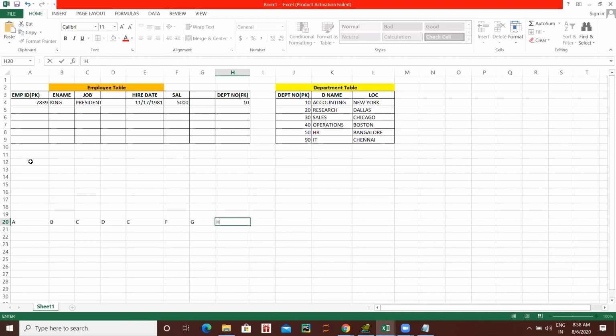So you write here: if we have n number of tables, we need n minus 1 join conditions. This is the golden rule you have to print in your mind.